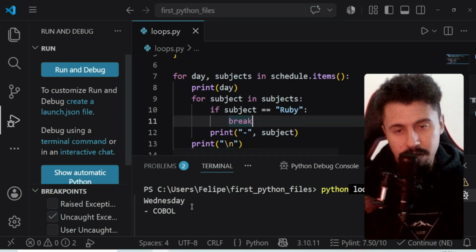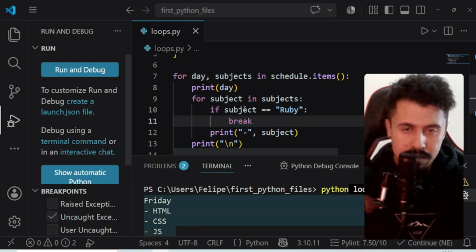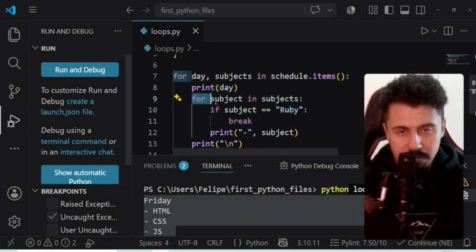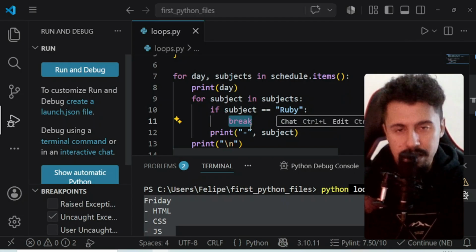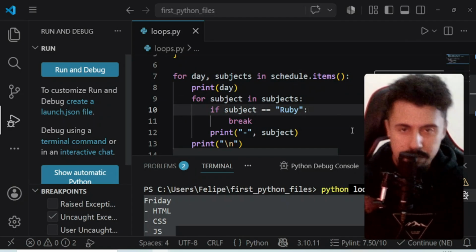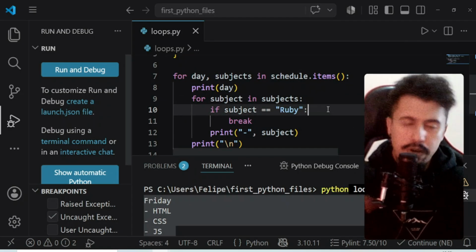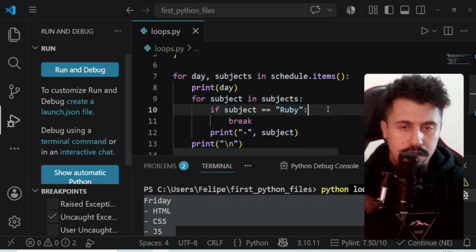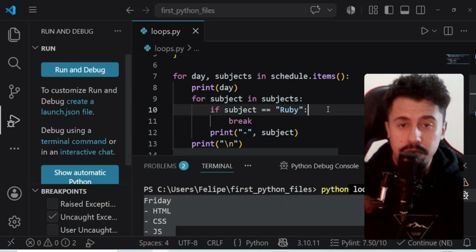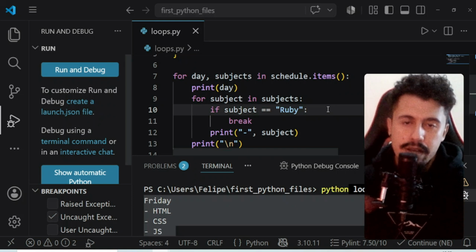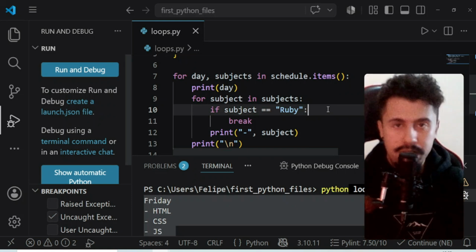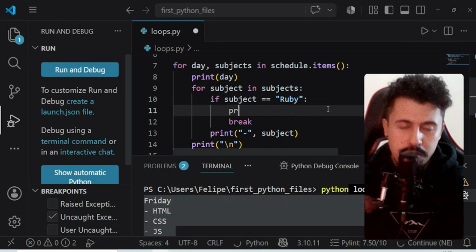In this case, we could see the other languages because of the nested loop. So this loop was affected by the break keyword, but this outer loop was not. The other situation here is, what if we didn't want to break the loop, but we want to alert that this language is forbidden, for example. We could just print here,